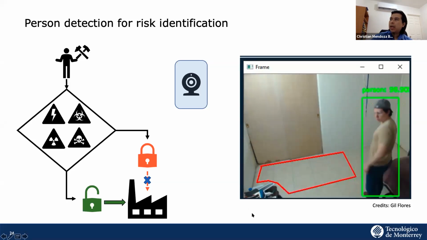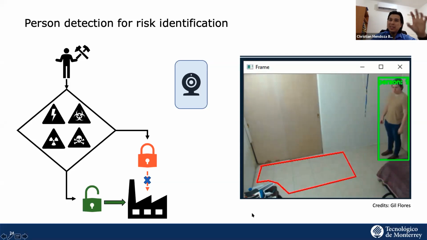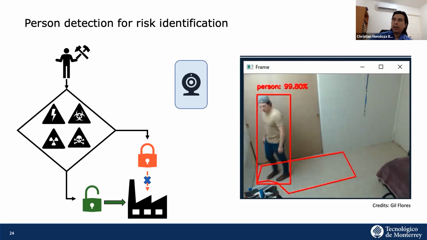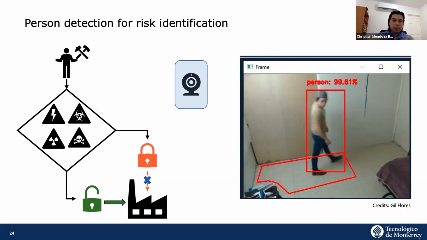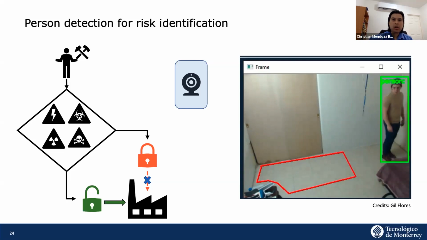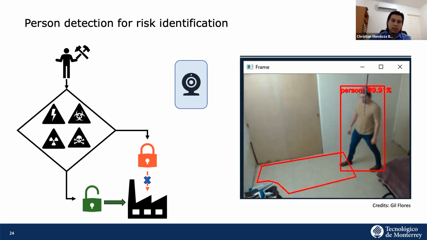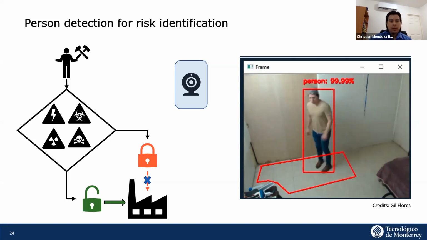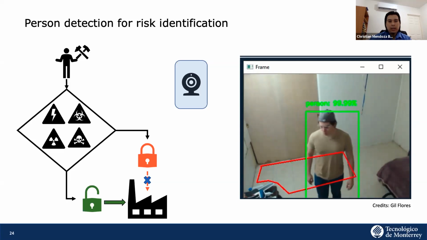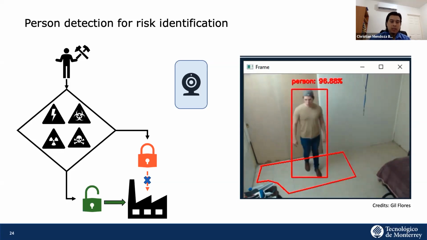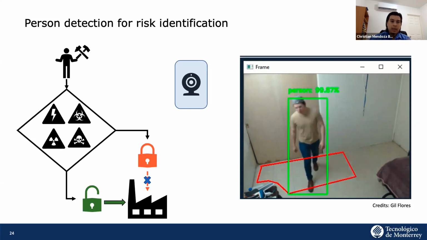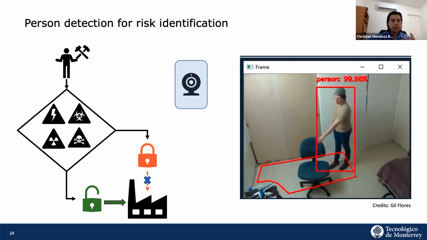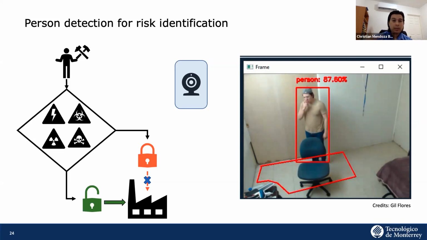So right now, the computer model is detecting a person, in this case, Gil. And once he goes into the area, it detects that there is a human body in the area, and it changes colors. Once he steps out, it goes to green, and once he steps in, it goes to red. That's basically what the model is doing. And it's very robust, because as you will see in a moment, Gil gets partially hidden behind a chair, and the model is still good enough to detect that a person is there.